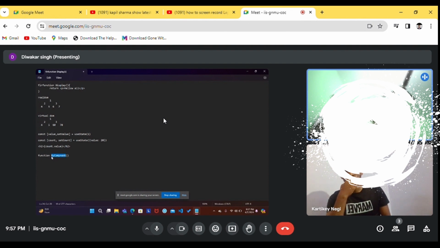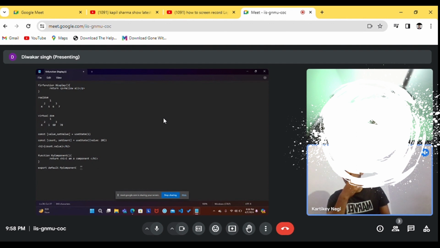So we have a capital letter, and this component will return HTML. So I just take an H1, and another H1, and this is how we can create a component. Another thing, we can just export this as well, export default MyComponent.